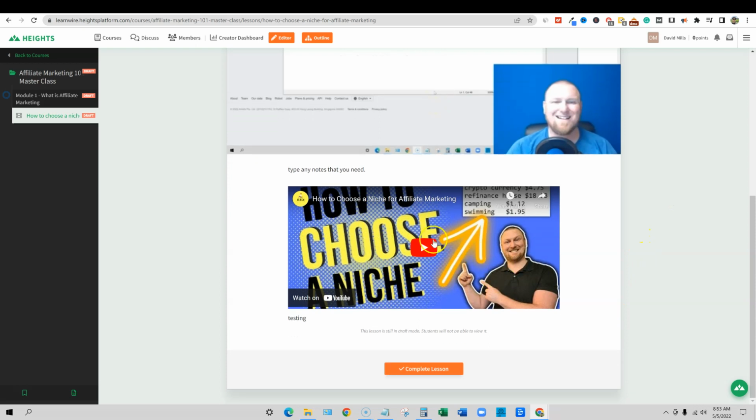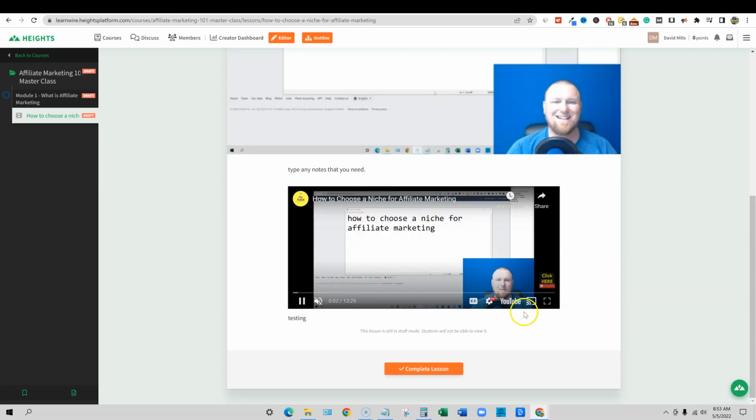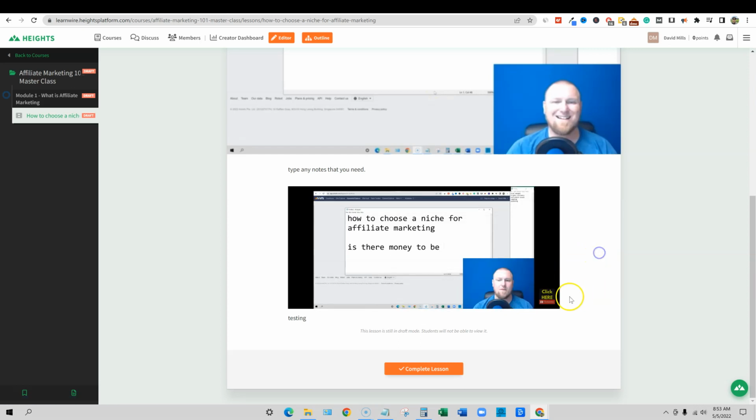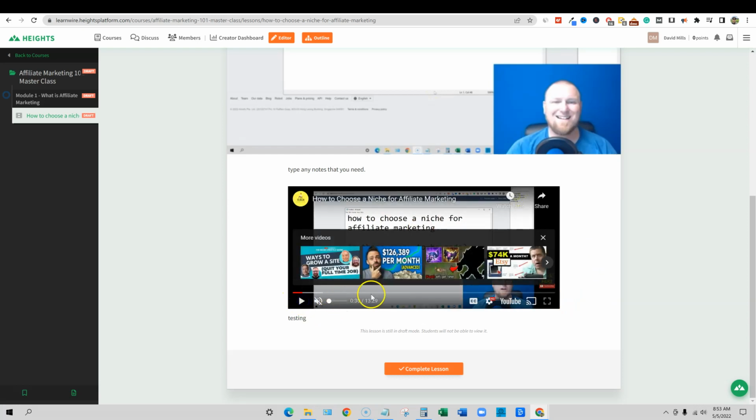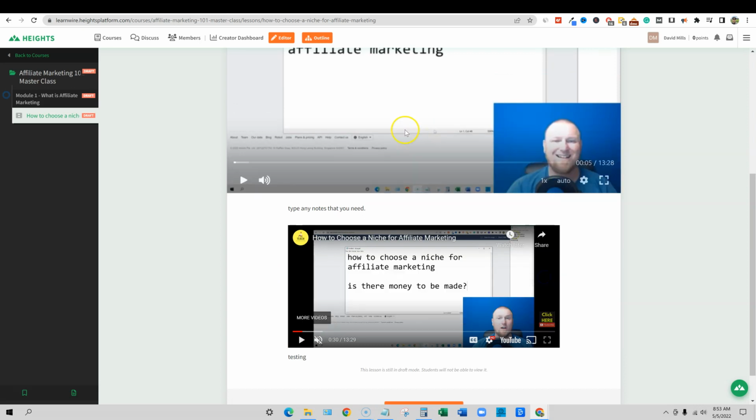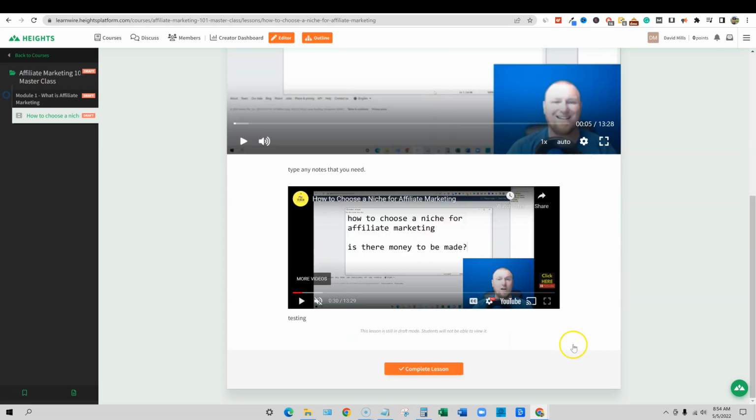This is what it'll look like. If you embed it yourself, it still looks really good. This is what it'll look like if you embed it yourself. You could also make the video bigger by going in and changing the embed size. So the full screen is unavailable. They can click on YouTube. It'll open up in YouTube, and they can watch it larger. I recommend just making this bigger. So the YouTube works well, but I think having them host your video is definitely the way to go.